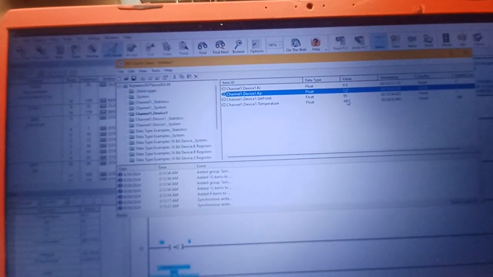I can change the set point at will. I can change that by writing synchronously to that tag. So let me just click set point here and synchronous write, and I can change the value, say, to